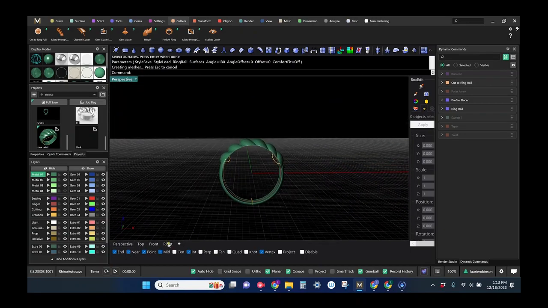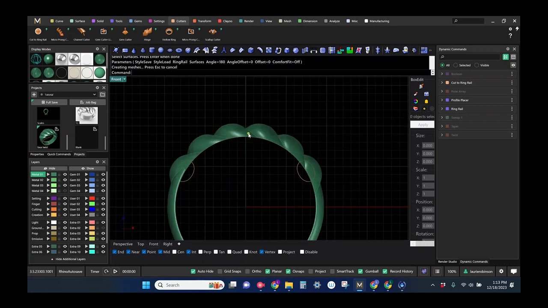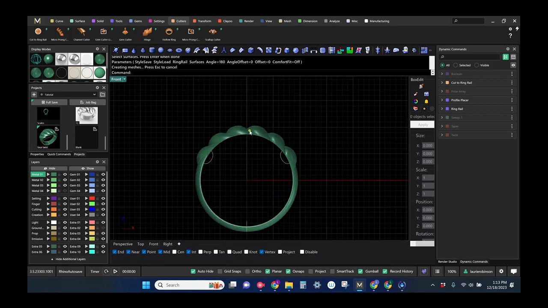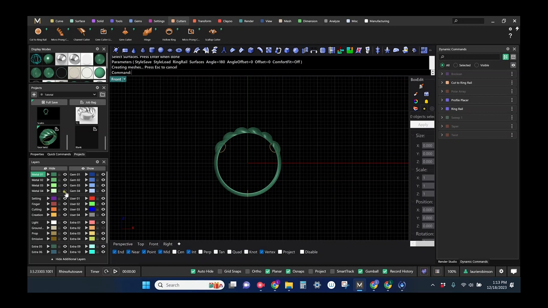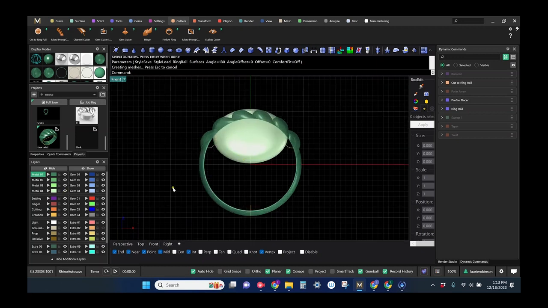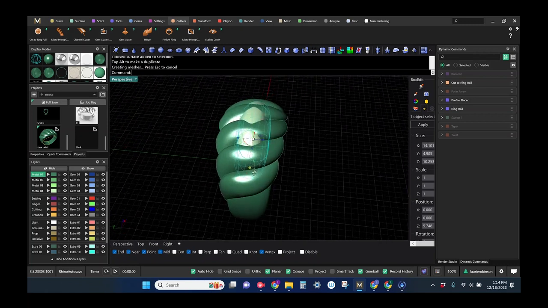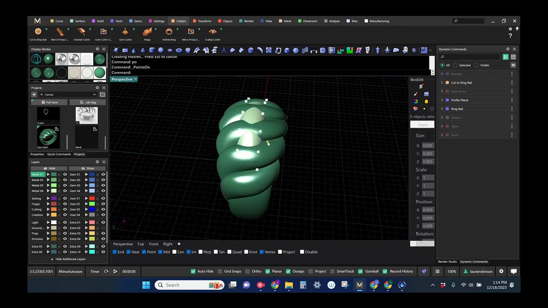I like it okay. From the front, I can see it's maybe a little bit on the thin side. So this is where it's very flexible. You can just grab your initial object, which, as you recall, is linked not only to your initial twist and then your array, but also to the taper. And if you just slide it up, you can bring the twist a bit higher on your design. You can turn edit points on, and you can